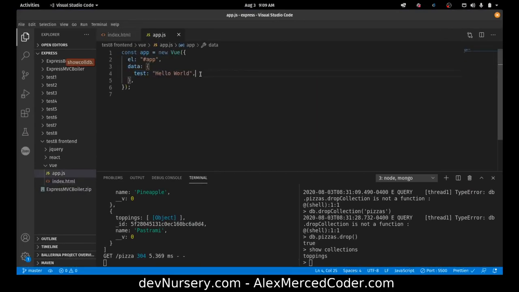So what we're going to do is in our data, we're going to create a variable for all our pizzas when we get them. So pizzas. We'll start out as an empty array because we don't have our pizzas yet. Now we need a function that's going to go get our pizzas. So we have to create another object called methods. And that's going to have another object. And here's where you can pass in functions that your Vue instance can use. So we're going to use getPizzas,